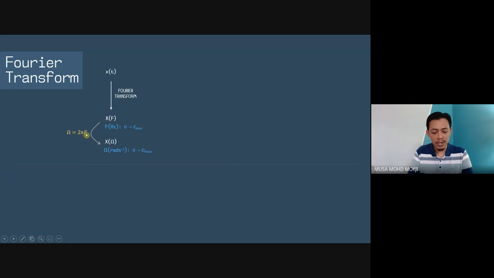So why do we have this 2 pi f? Originally you have a frequency in hertz, that capital F, and then suddenly you multiply by 2 pi. This is because of what Fourier did. What Fourier did is decompose any signal. Any signal can be decomposed into sinusoidal signals, either sine or cosine, and within that equation there is this 2 pi f, so that the frequency can be denoted as an angular representation, because it represents repetition. That's why we have 2 pi f. So we call it angular frequency.